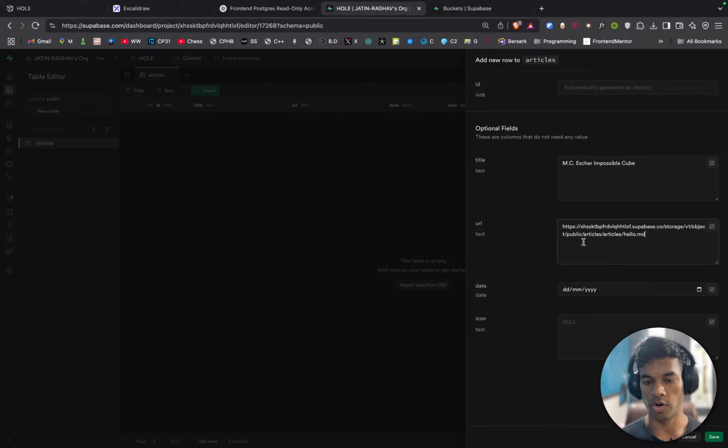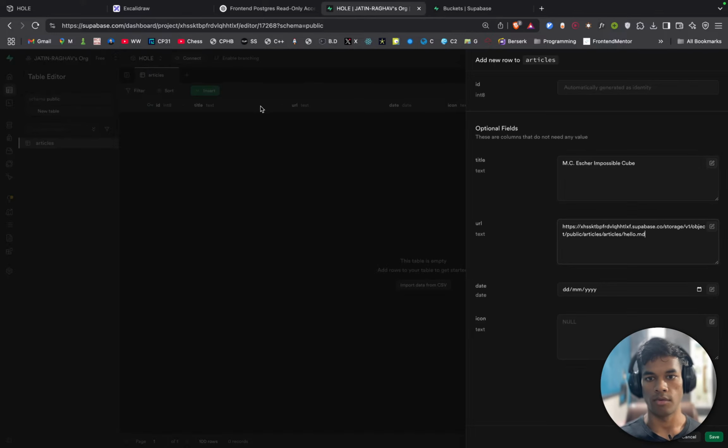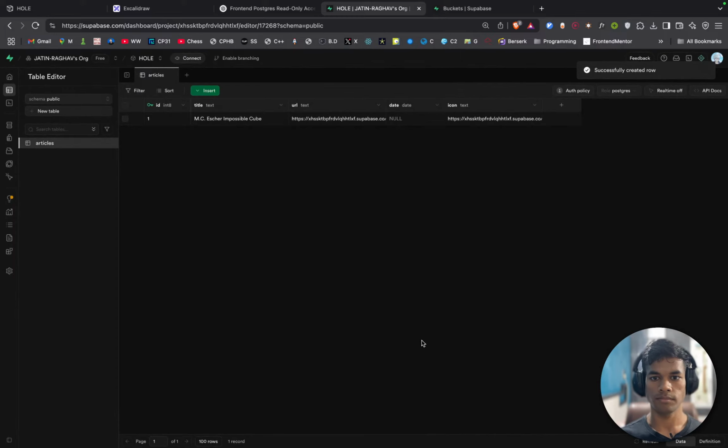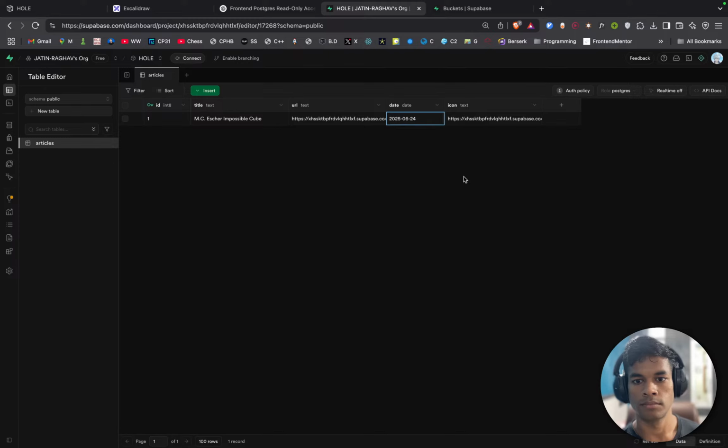Date will be automatically given, and icon, get URL for this thing. Get URL here and save. No, date should have been there automatically. Set to now. Yes, cool.